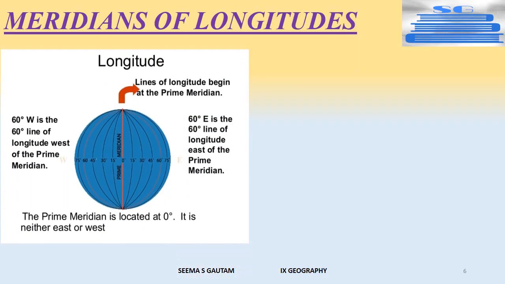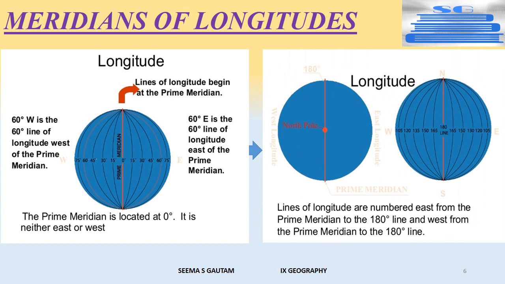The lines of longitude are also called meridians because all the places located along a particular longitude face the overhead sun at the same time. The distance between two longitudes is maximum at the equator, about 111 km. As one goes away from the equator towards the poles, the inter-longitudinal distance keeps on decreasing. This distance becomes zero as all the longitudes converge at the poles.